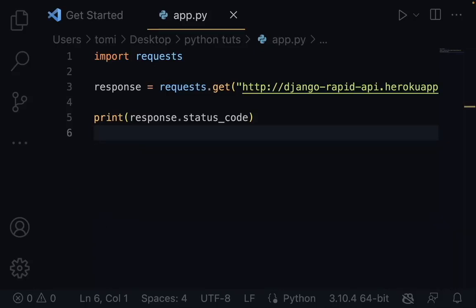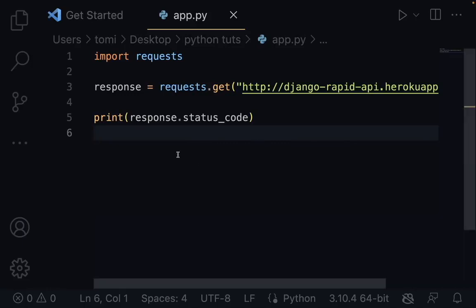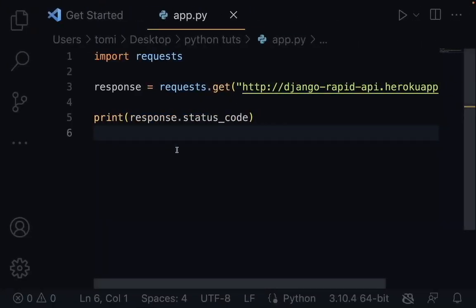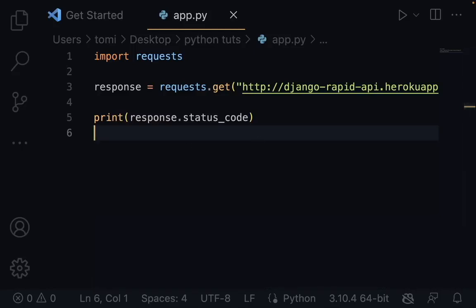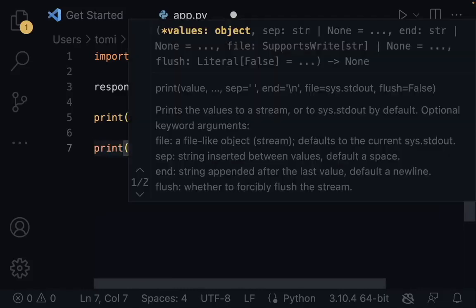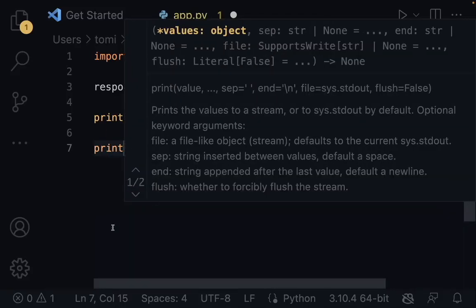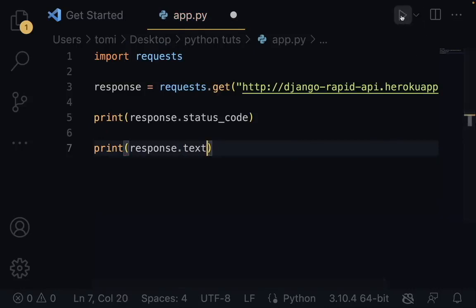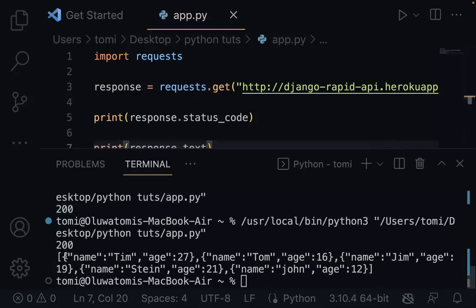So once we have that, what I can do next is to print the response that we got. As you know, this is what is contained in this particular API. Once we print the data of the response, we should get that data right there. To do this is very easy. What I can do is say print response.text. Once I print response.text and run this, you're going to see that it prints all of this